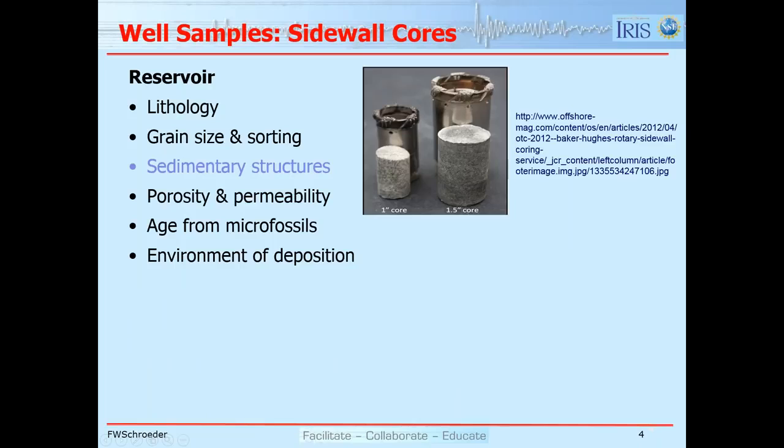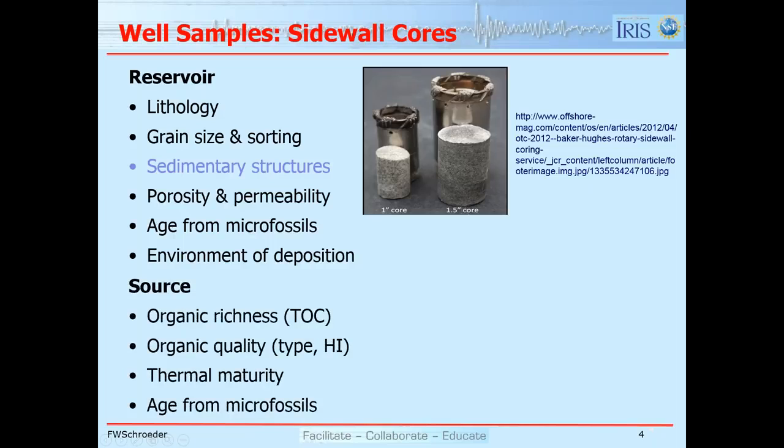Sidewall cores are much smaller. They're typically 1 inch in diameter to 1.5 inches, maybe 1 inch to maybe 2 inches in height. Again, if we're looking at the reservoir, we can look at most of the properties except sedimentary structures, because as we fire the sidewall core into the formation, we tend to destroy some of the fine structures of the sedimentary layering. In the source, we can get the same 4 types of information that we can get with the conventional